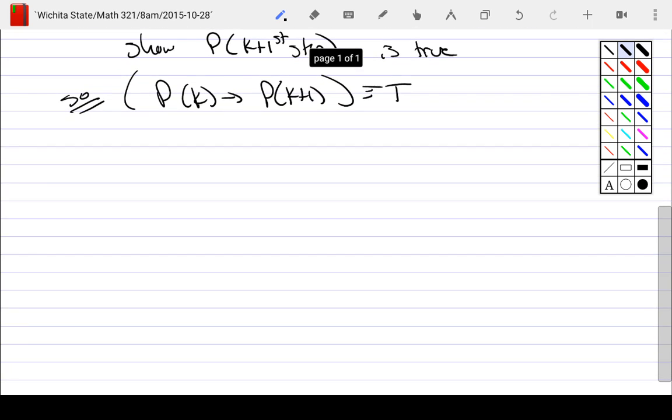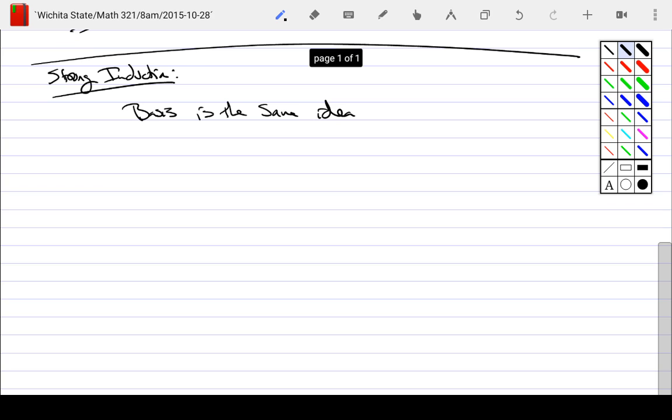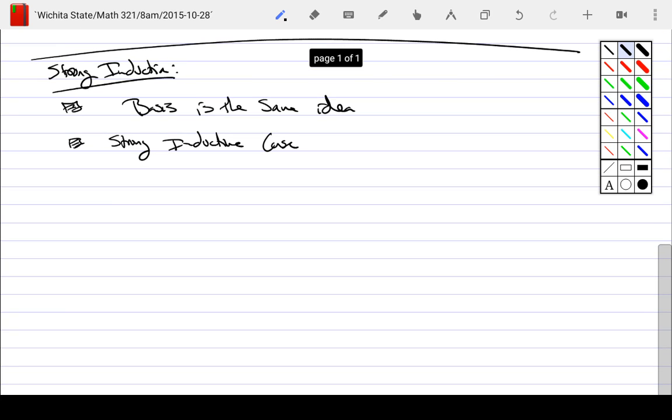The only difference between weak induction and strong induction: the basis is the same. We still do the same thing for the basis. But on the other hand, sometimes we have to think a little bit harder on what the first element is. But the strong inductive case looks like this. The strong inductive case becomes